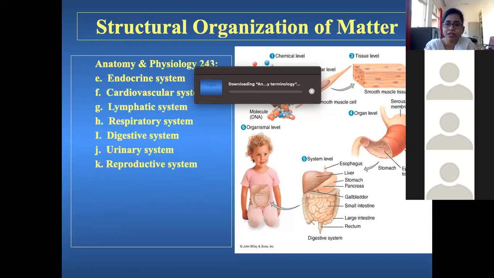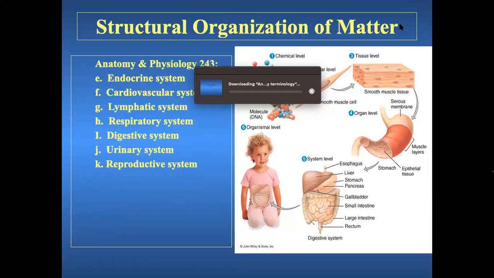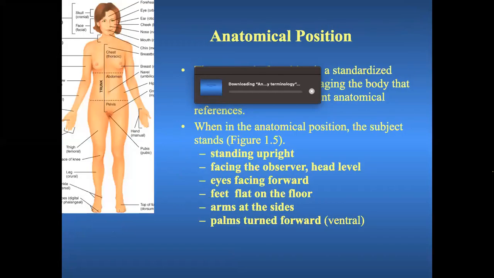Then comes the next level. These are the other systems which we will not discuss. This is what we were supposed to discuss yesterday, but we couldn't complete it. This is called the anatomical position. From here onwards, you can start taking notes. These are the most important concepts, and the names you have to repeat again and again so that it becomes easier for you to understand.